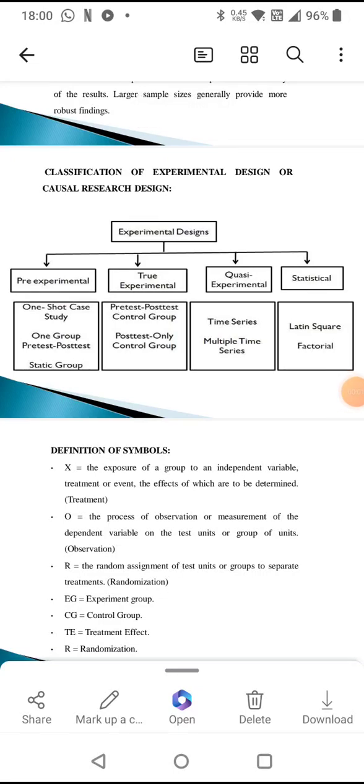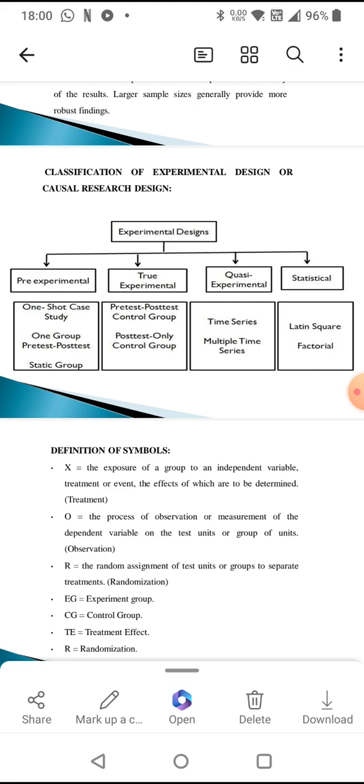So we are in video 8 of RM and IPR, wherein we will be covering module 2 with this 8th video. In the last video we dealt with different types of descriptive research design and their advantages and disadvantages, and we also started causal experimental design, right? Here causal means experimental research or causal research. We also learned what exactly that is, and we'll be learning about the classification of experimental design or causal